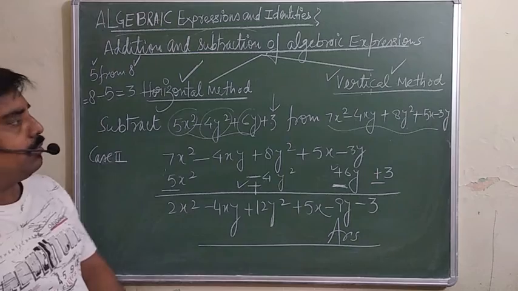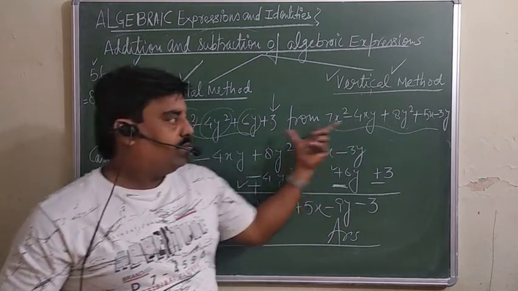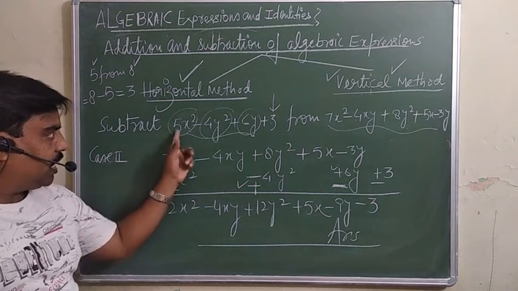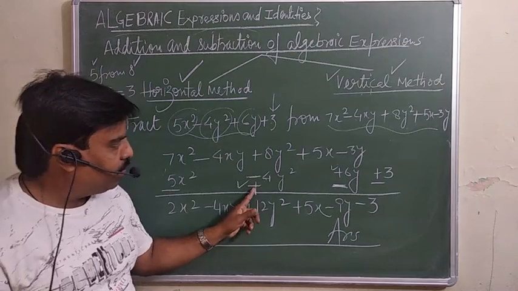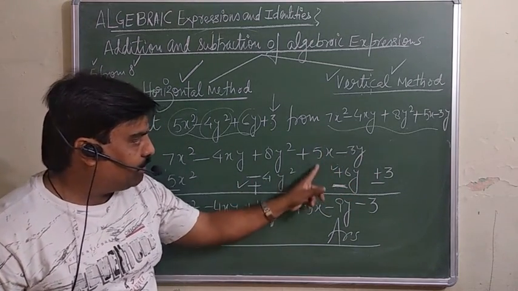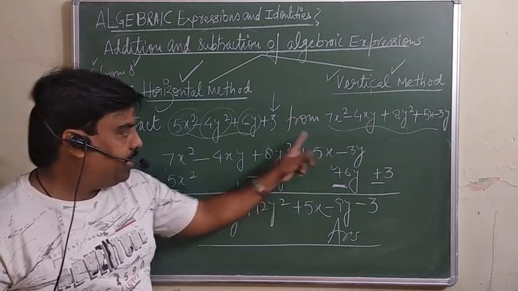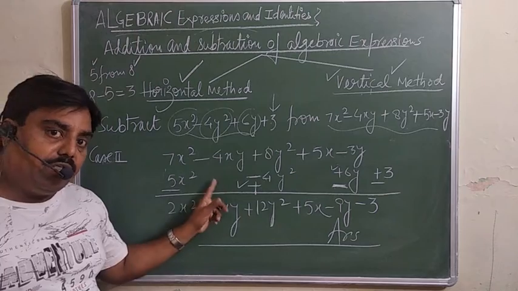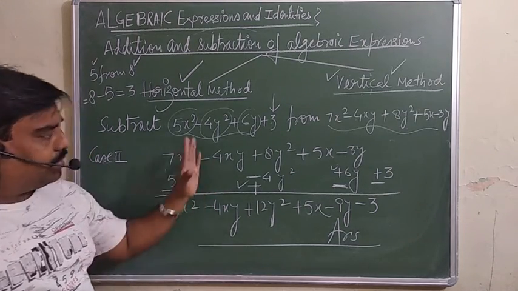So this is your vertical method. According to the vertical method, what do we do? You have to write this one first and then this one, and you have to change the sign of this one. Change all their signs. If it is plus, change to minus, if minus then plus. Only these terms' signs will change. The upper term that has no matching term below, its sign is not changed. No, it will remain as it is, because we don't have another like term with it. Change the sign and then add and subtract. Have a look.